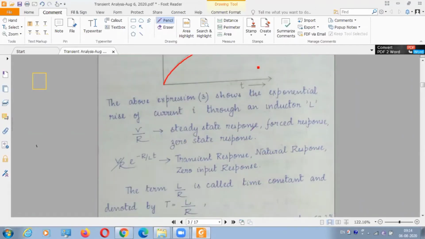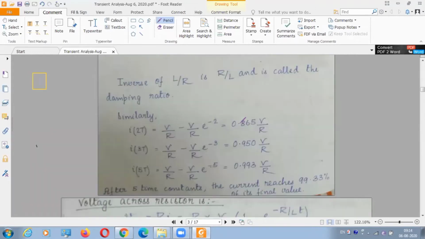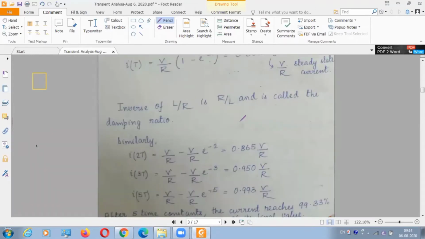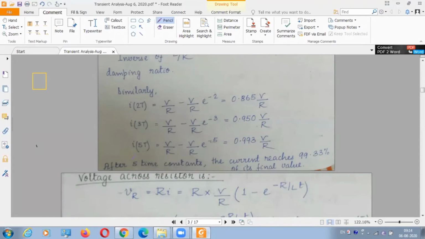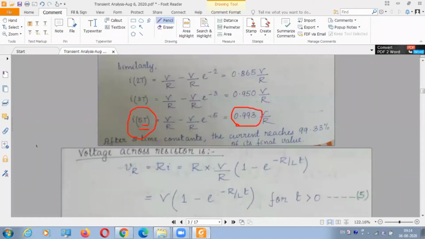Next. I'm not going into the time constant, you know it is L by R. Just a brief explanation over here. If I reach 5t, 5 times of t, like last day what I've shown during simulation, I have reached 6 times of t, it reaches 99.3% of the steady state value. So if you take 5 or more times of your time constant, it will reach almost the steady state value. So 5t or more, that's why I had taken 6t.